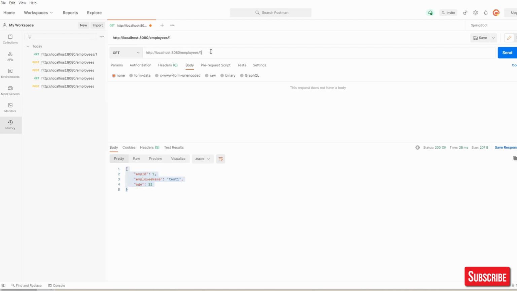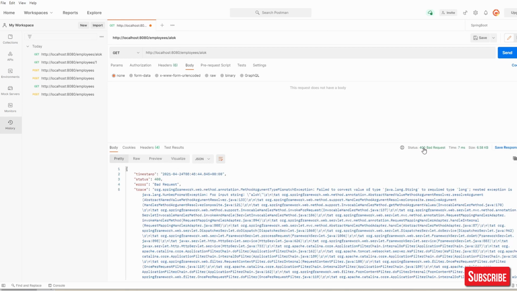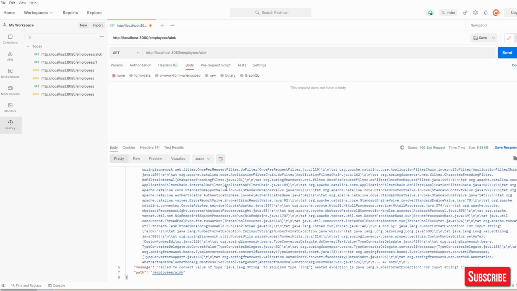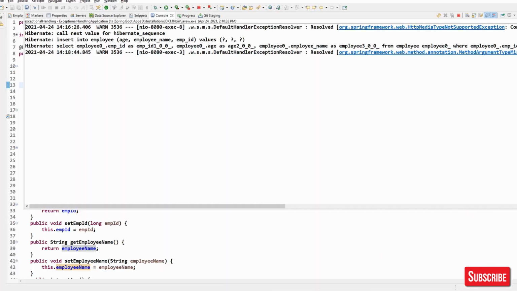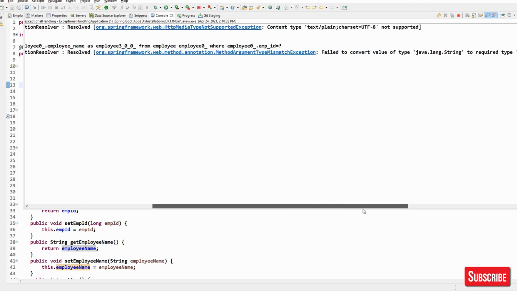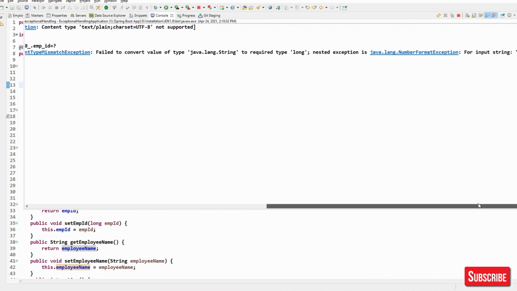Now let's say the backend actually expects an integer value over here, that is a long value, but let's send it a string. Then you can see 400 bad request, and it is giving you a method argument type mismatch exception.